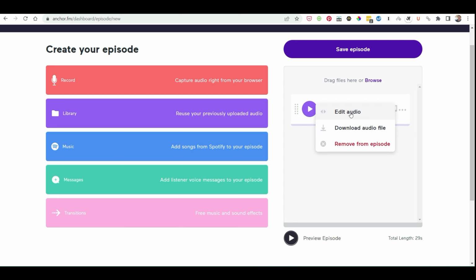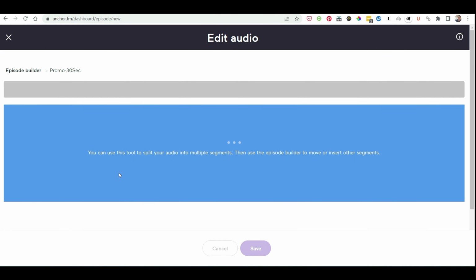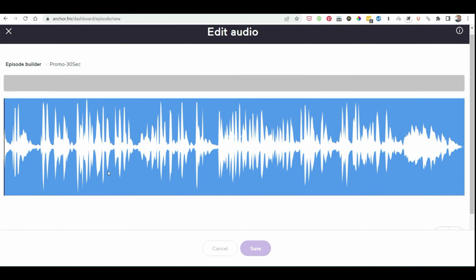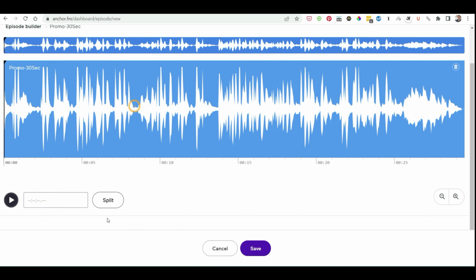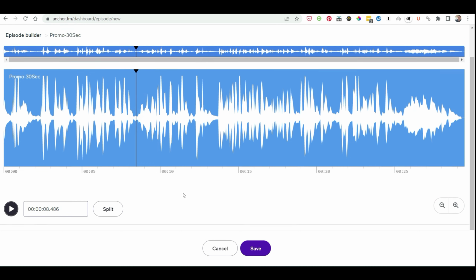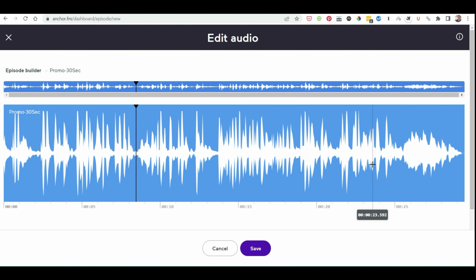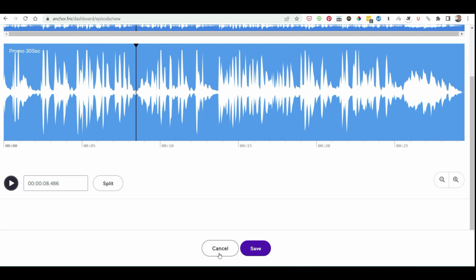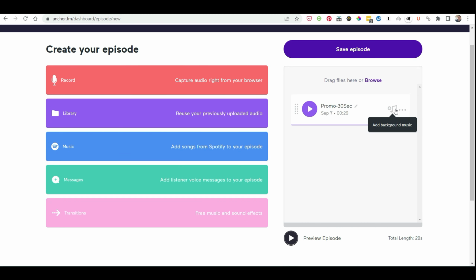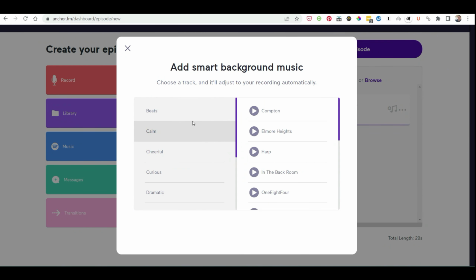Here it is, the edit audio button. If you click on that, it will take you to a page where you can edit the audio. Basically, it is about slicing, like what I said. So that is the only option that you get. You can just split the audio wherever you want. That's an option that this gives you. So I'll click cancel here, discard my changes, and then you can see here, this is where you can add